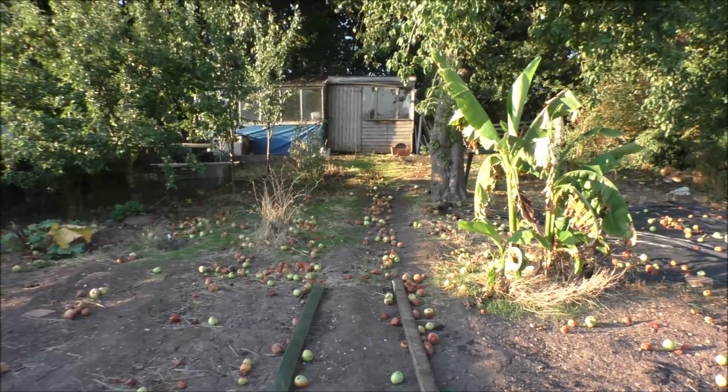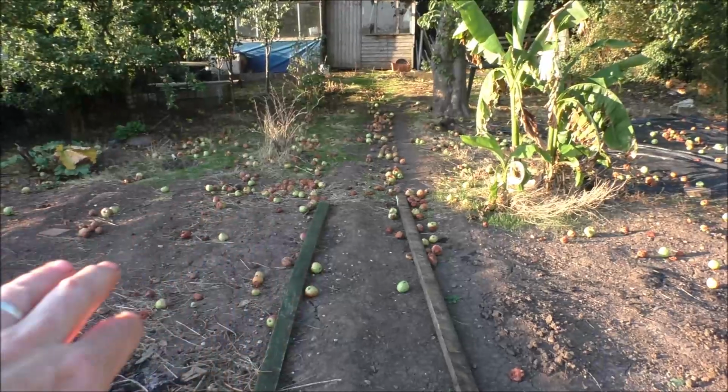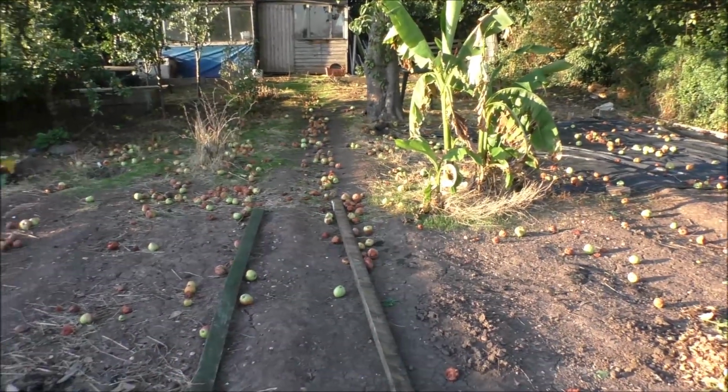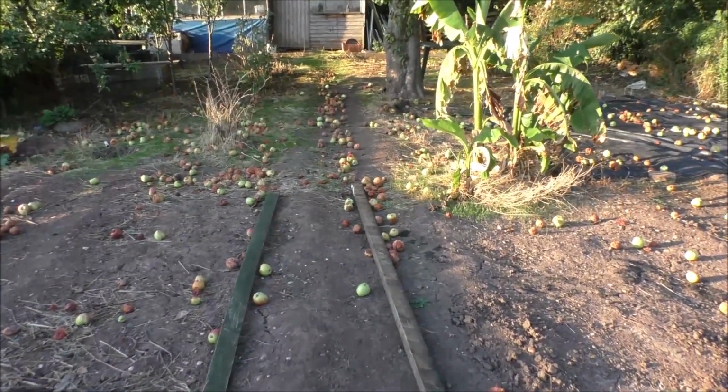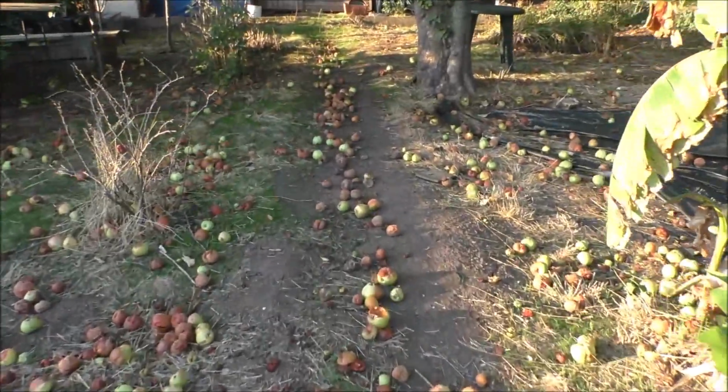It's a huge amount. So yeah, they're not going to go to waste. They're going to get raked over and chopped up into the soil. Again, sort of, I don't know, make the most of it. So I think